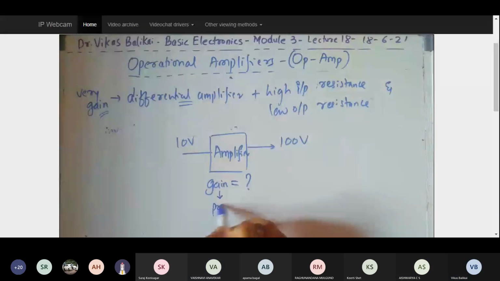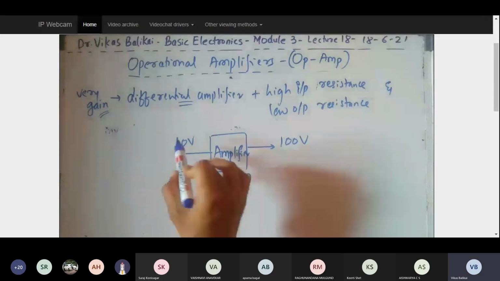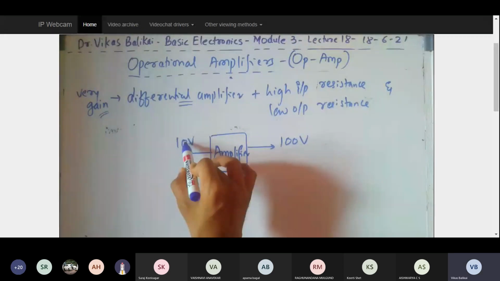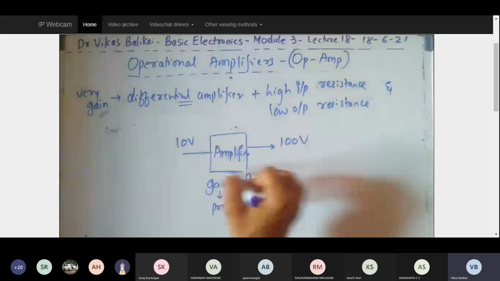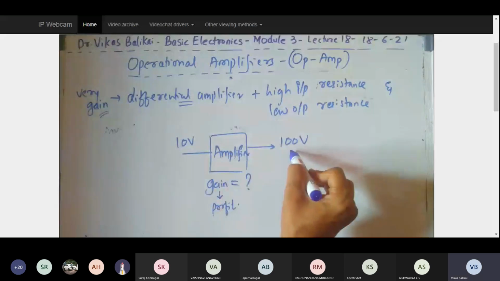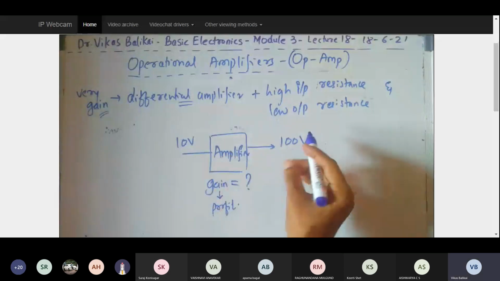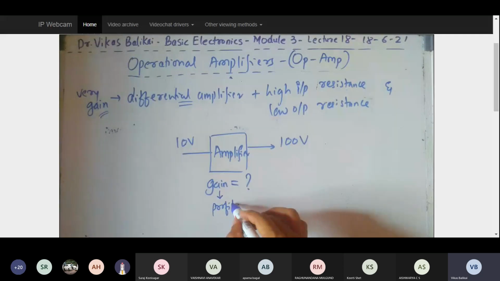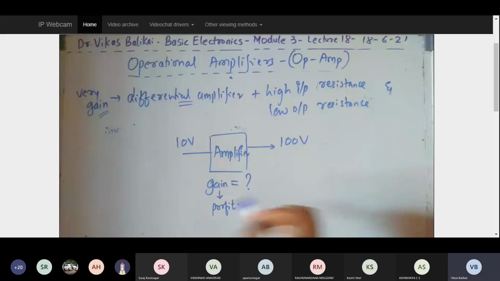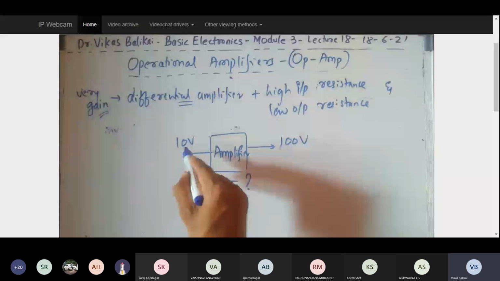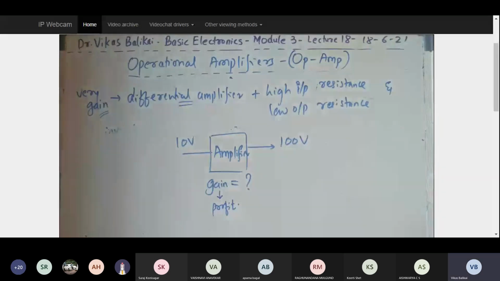Yes, sir. Now tell me, I have 10 rupees, and I did some kind of business. Now I obtained 100 rupees as my returns. Now what is the net profit that I obtained for my 10 rupees? Or just fold, that my money got replicated. How many fold? How many times is my output now? 10 times, right?